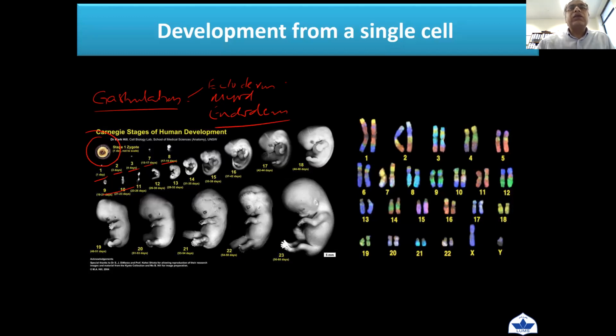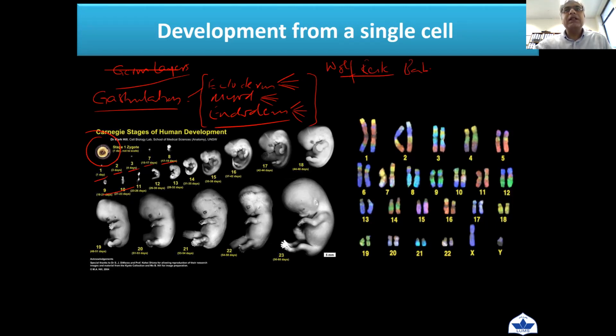And also from here, different cell lineages are formed, because these 3 layers, which collectively are called germ layers, not germ cells. These are germ layers. Don't confuse them with germ cells. Then from here, different tissues and cell lineages are formed. Which means already at this stage, when germ layers are formed, and recently Wolf Reik's lab in Babraham, Cambridge, published that